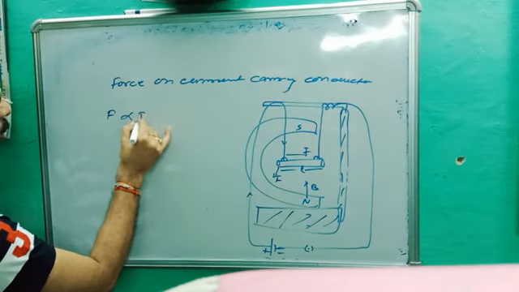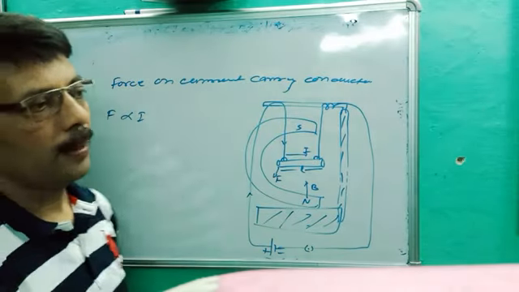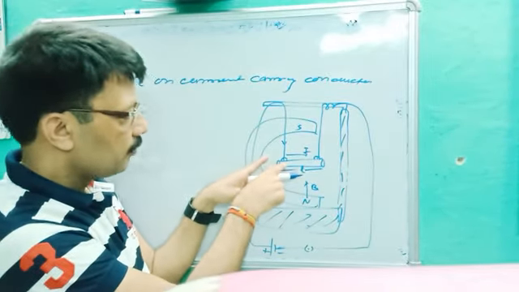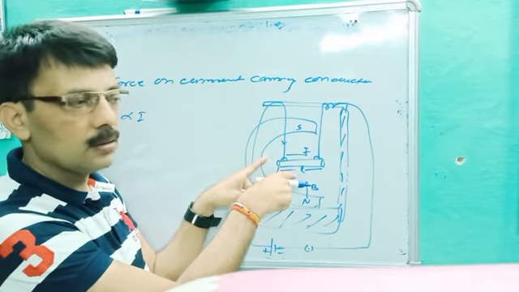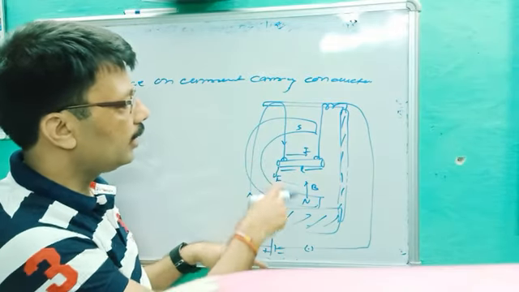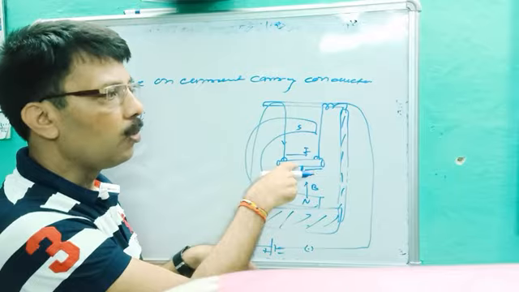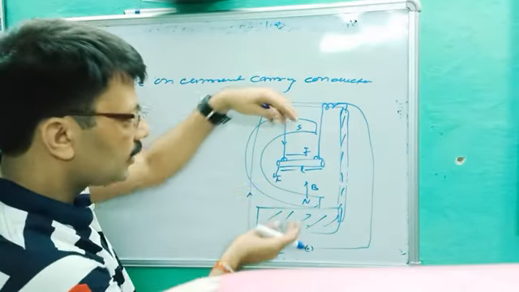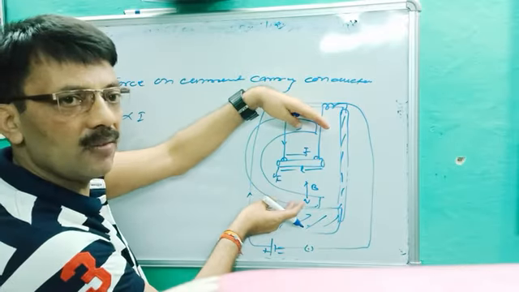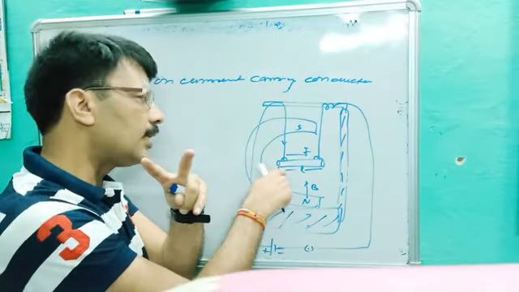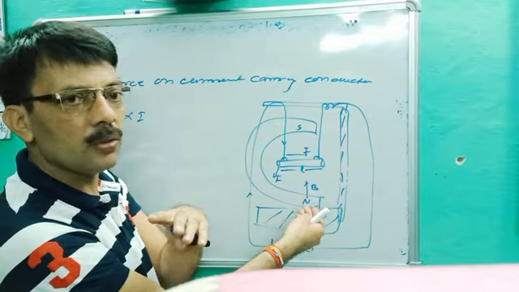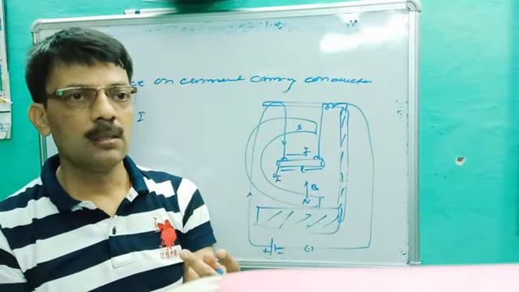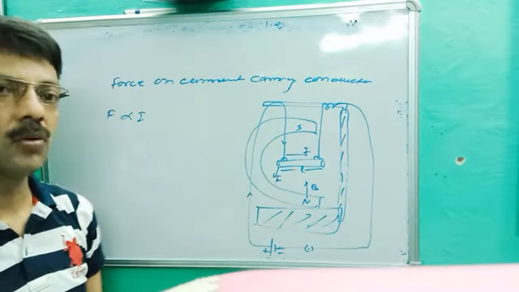F is proportional to I. This is a very important formula. F is proportional to I. If current increases, no doubt, every conductor maintains a number of electrons. When an electric source is applied, electrons come in motion, and a moving electron behaves as a magnet. Since the conductor is already suspended in a magnetic field, there are two magnets. One is created by you, another is established by you. So no doubt one magnet to another magnet will attract or repel by Fleming left hand rule. This is the conclusion for this one.